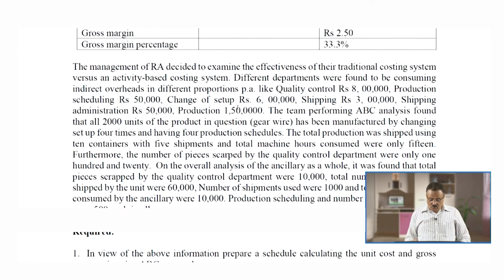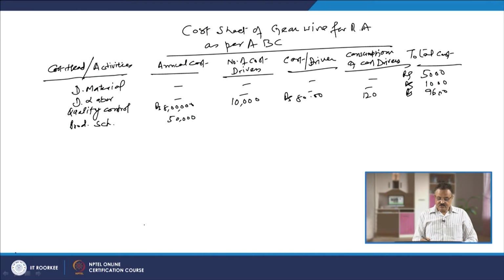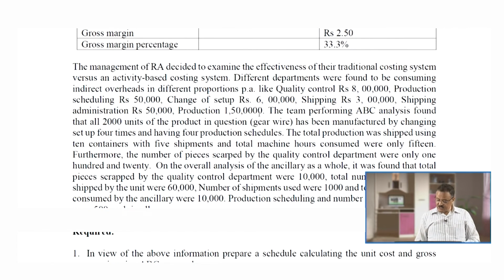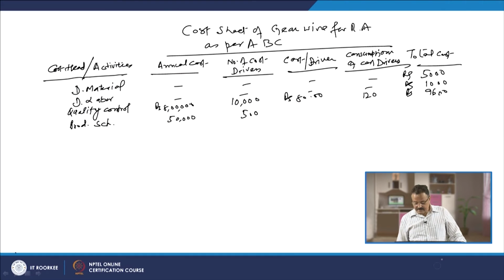So, the total cost we have to calculate for this amount is given to us in the last line: production scheduling and number of setups changed per 500 in each all. It means the production scheduling is done 500 times. What is written here? Production scheduling and number of setups change were 500 in each all. So, what is this cost? We have to take this cost here as